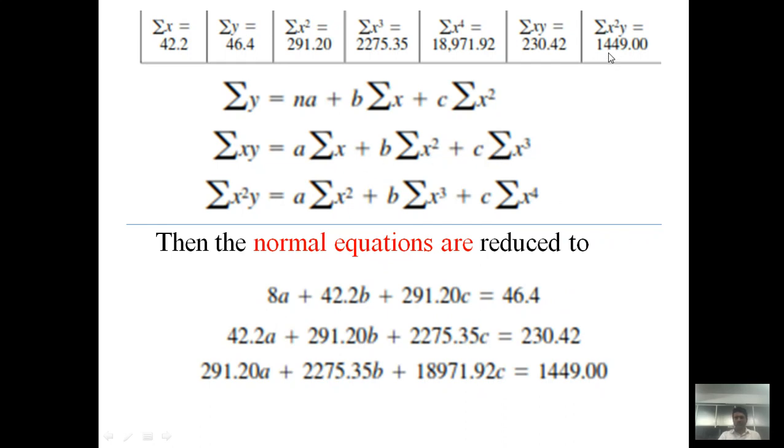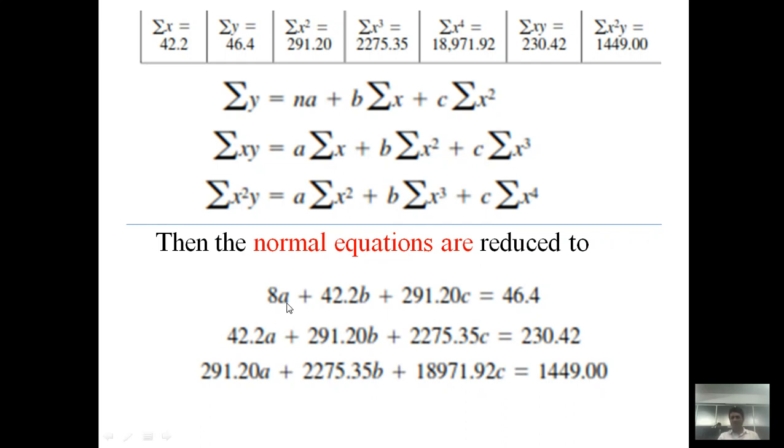Similarly, plugging in each and every value of the summations, we get the second and third equations. Ultimately we obtain a system of three linear equations. To solve this system of linear equations, we have to use a little bit of knowledge of calculus. There is a variety of methods available, say the Gauss elimination method, Gauss-Jordan method, the inverse method, Cayley-Hamilton theorem, or Cramer's rule.